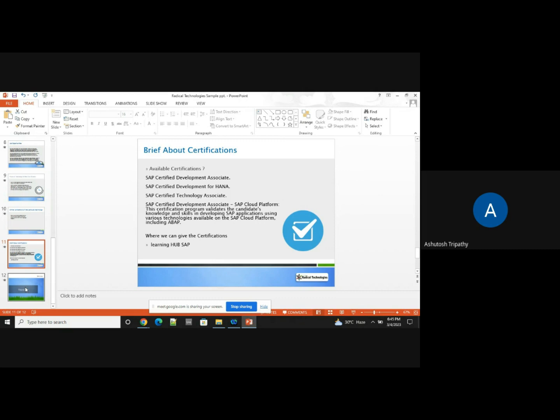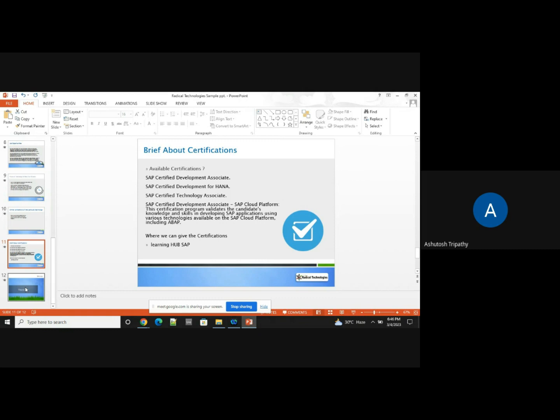Now, obviously, we all have expectations once we learn about how we can do the certifications. Does SAP provide certifications, and how do we do them? There are different ways you can apply for certification, starting from the development associate to HANA associate to technology associate. There are a few more certifications in the SAP field, but I have not listed them here. Once you learn the whole ABAP concept, you request SAP in the learning hub. There is something called the learning hub provided by SAP, where you can write the examination. There are two ways of writing the SAP examination.